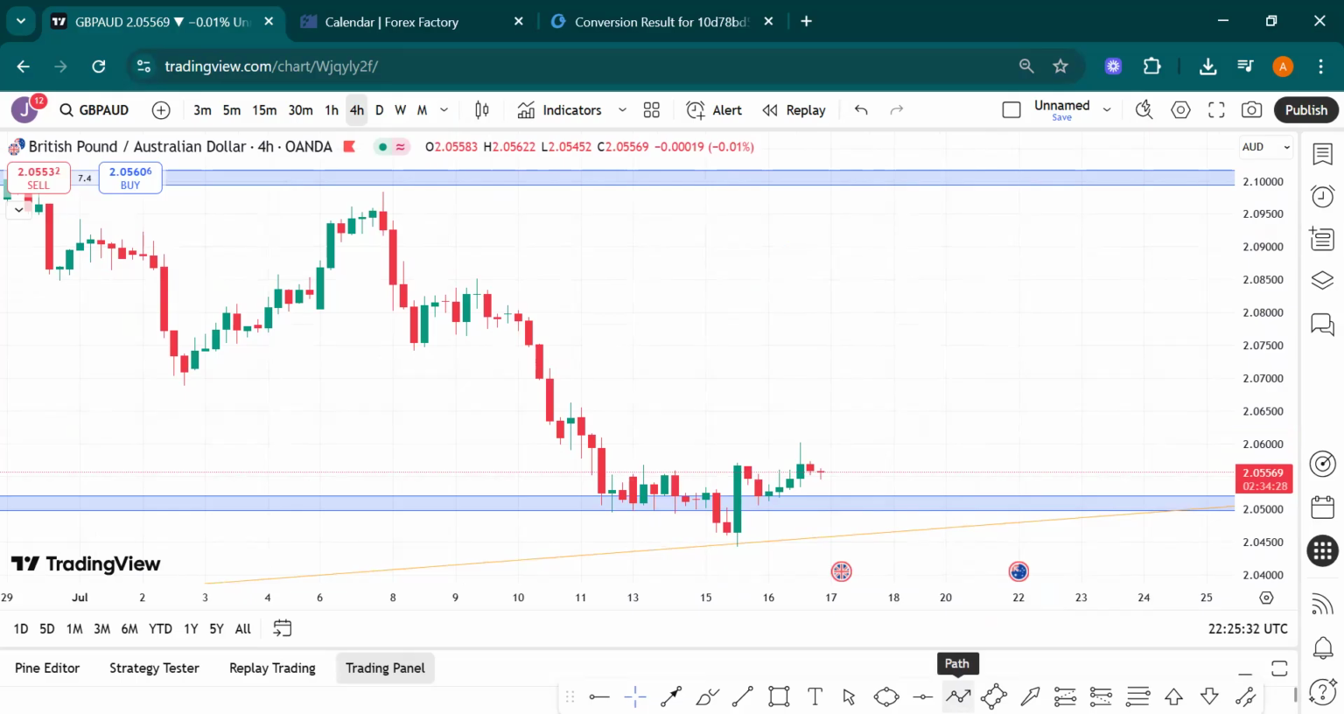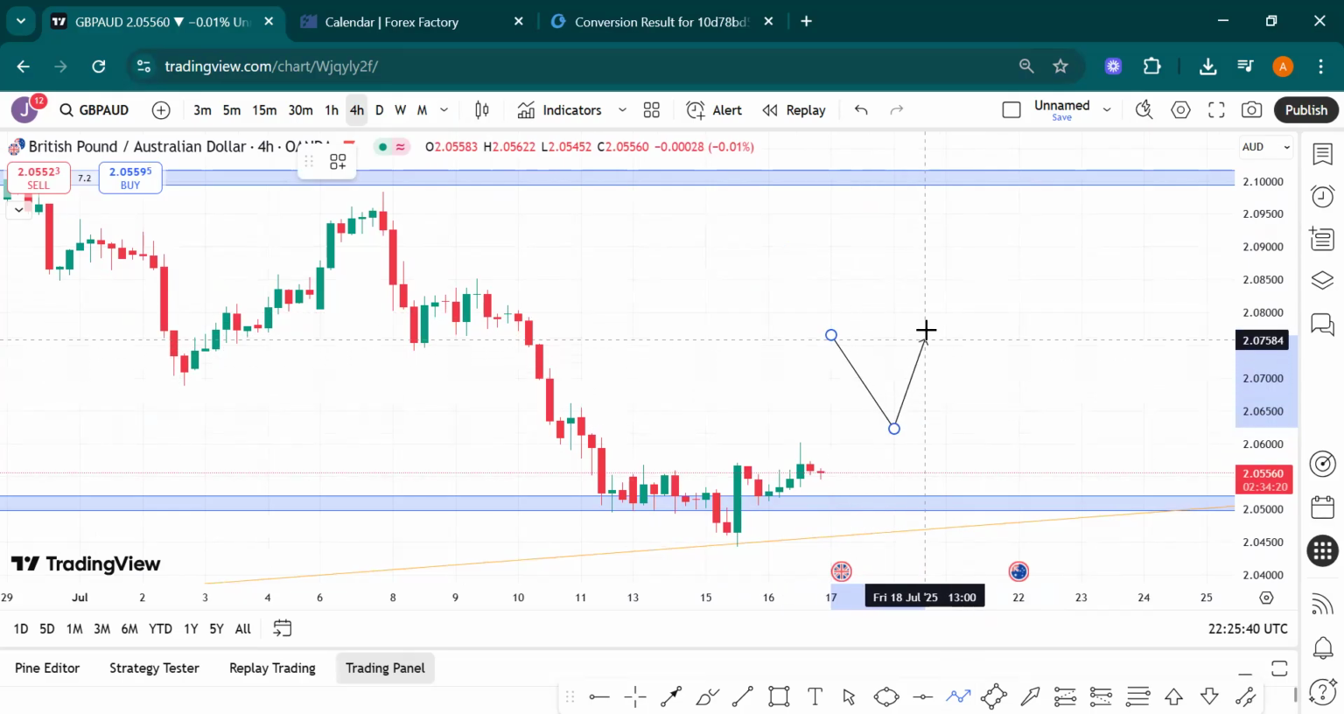Now, how do we trade this inverse head and shoulder? I've explained this in some of my previous videos. So if we have price coming downwards, it goes upwards. Sellers push the price downwards to form